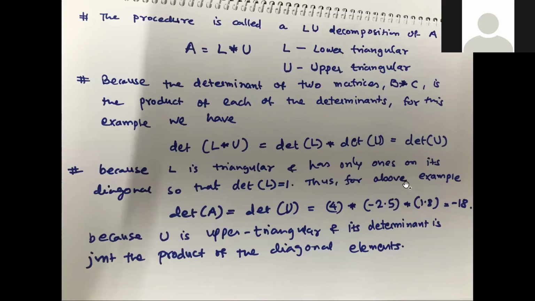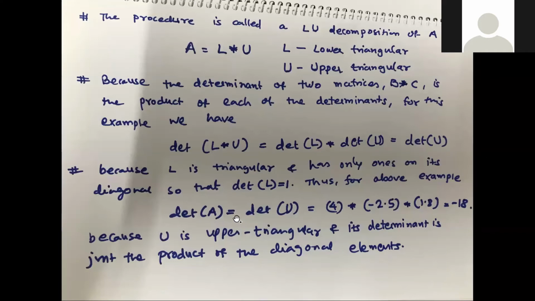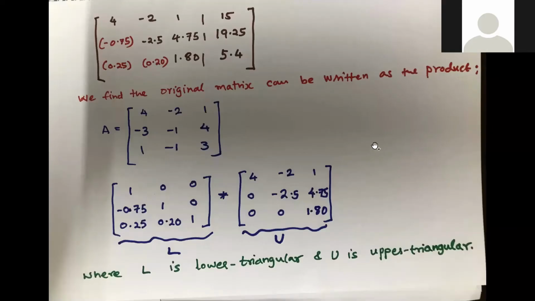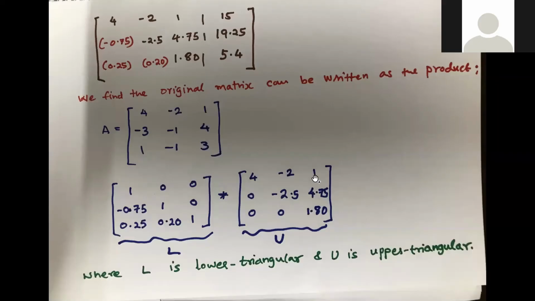Just for this example, I'm directly writing the answer. So determinant A is equal to determinant U, and determinant of U will be minus 80. So what it says is, suppose I know the lower and upper triangle, I can calculate the determinant of the upper triangle easily. So it also helps you in getting the determinant of this matrix directly, a shorter way of doing it rather than doing all the elimination multipliers.